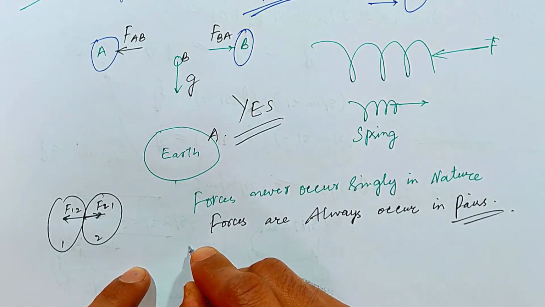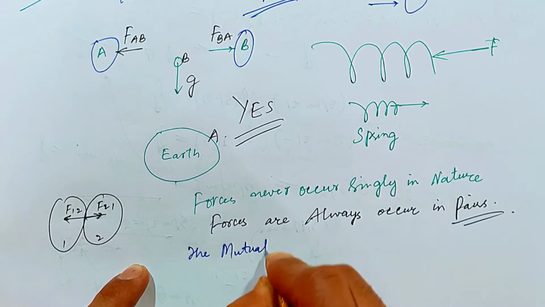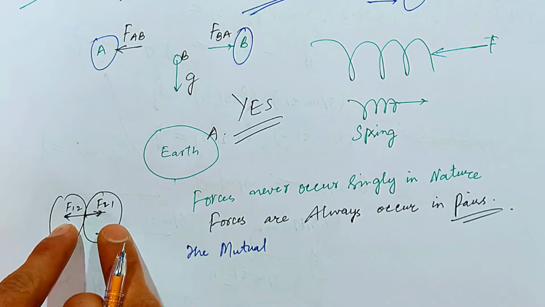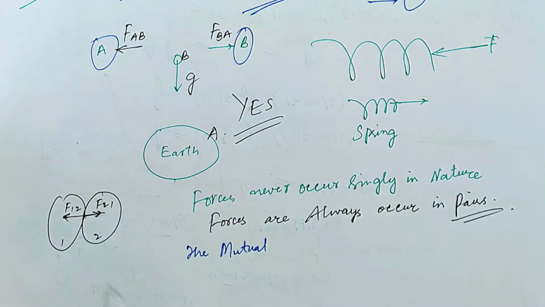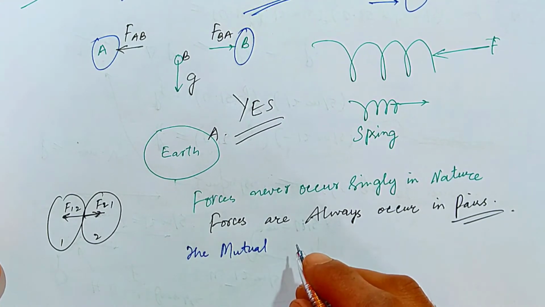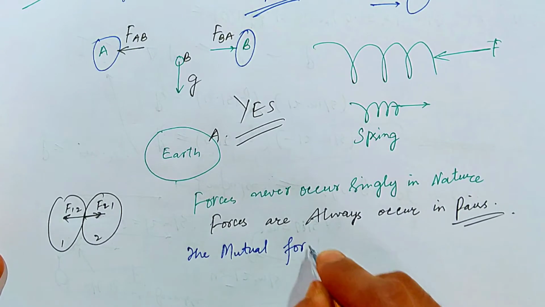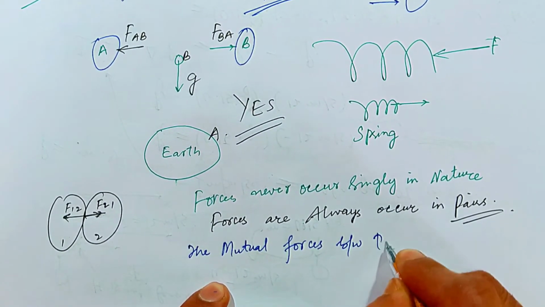I can write it like this: the mutual forces, because this same force is applied by this body onto this, and in turn this will act in a similar fashion. So there will be a mutual relation. Mutual forces between two bodies